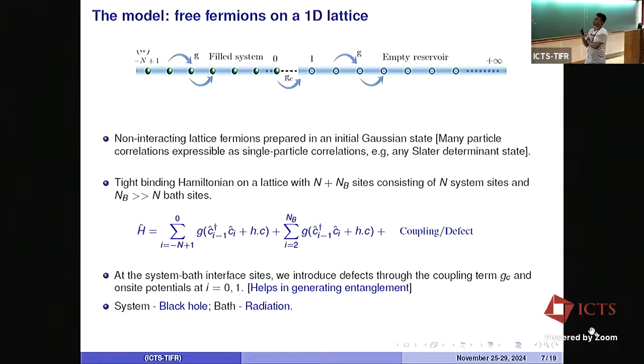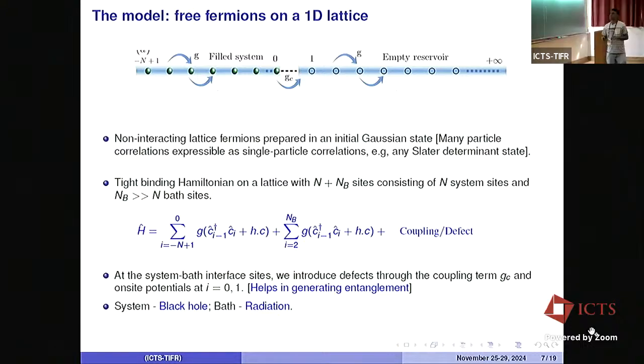Yeah, okay, so it turns out that in this model, if you don't have a defect, then if you look at the entanglement growth, it's actually logarithmic in time. With the defect, you get a linear growth. So somehow the defect is able to increase the rate at which things get entangled. You consider the defect, it's still quadratic? It still keeps the system quadratic, right?